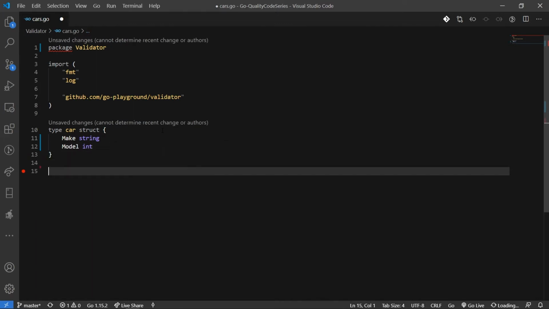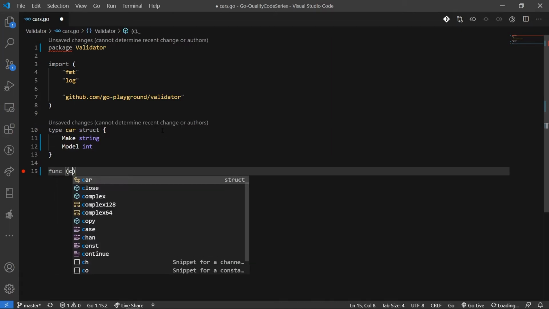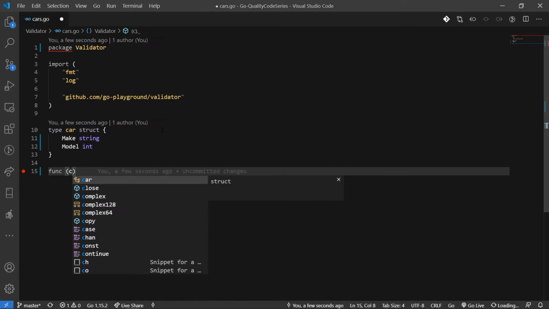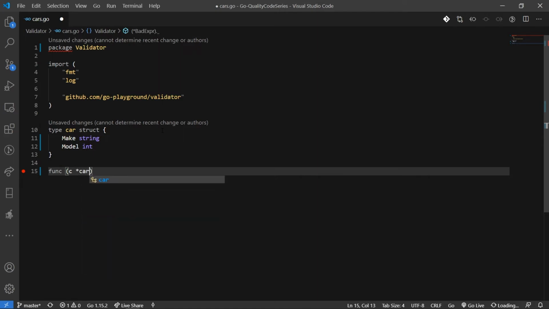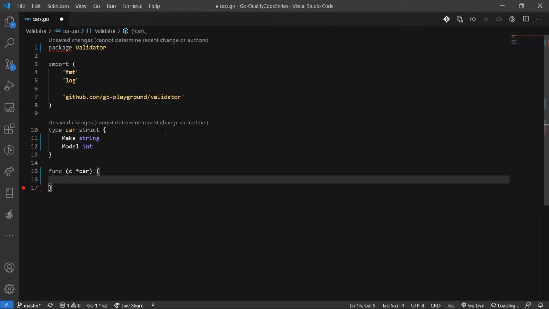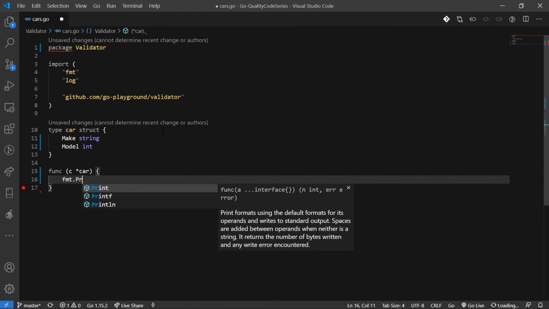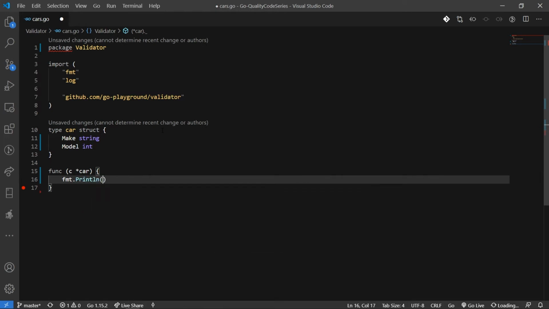So now what we're going to do is set up our function. So we're going to say func C. Now we can really name this whatever we want, but it is a community best practice to set up your argument name as just one letter, for example. So we're going to say C, and then we're going to want to give this C a type. And that type is going to be car, and we're going to give it a pointer as well so we can point to specific values. And then I'm going to open up my brackets here, and I'm going to type fmt.Println